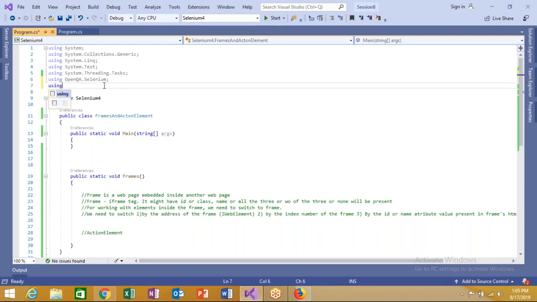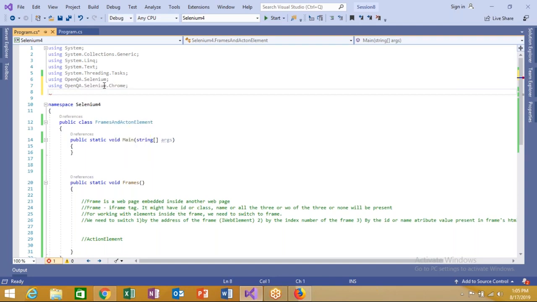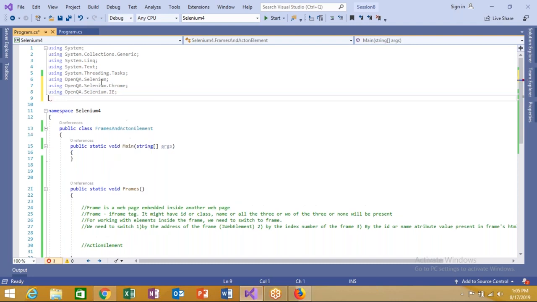If you want to work with Chrome, you have to use OpenQA.selenium.chrome. If you also want to work with IE, then you use OpenQA.selenium.ie. And if you also want to work with your Firefox,